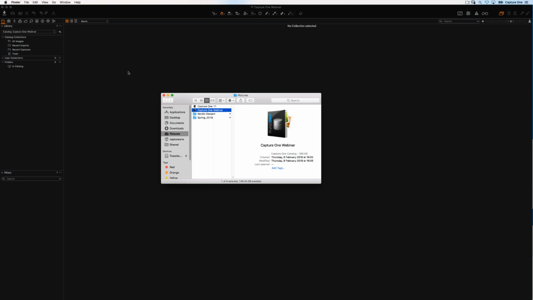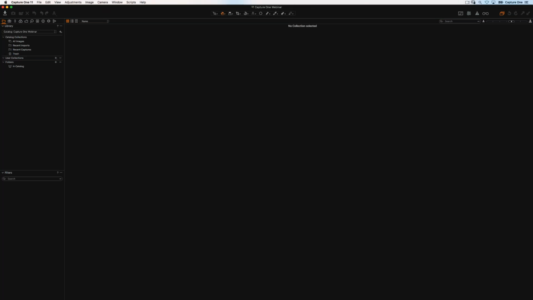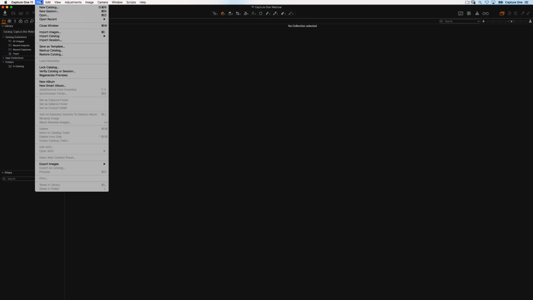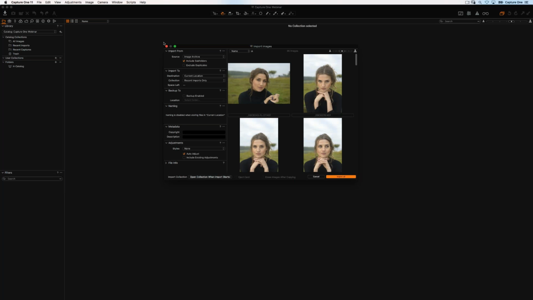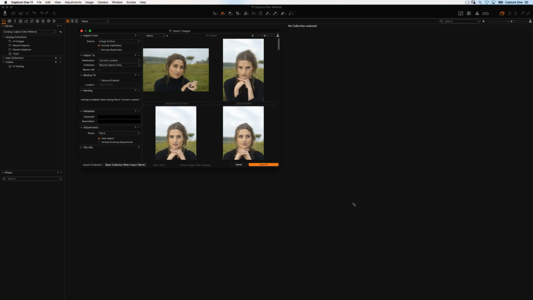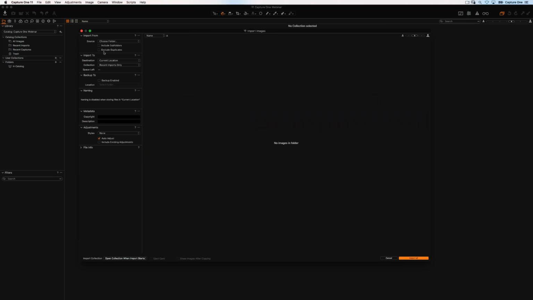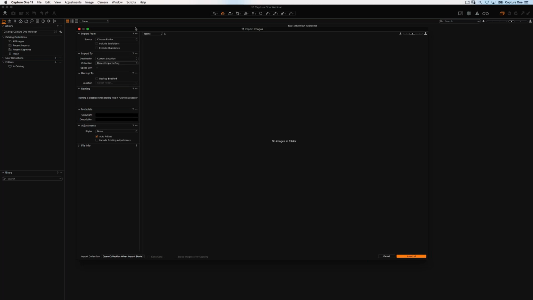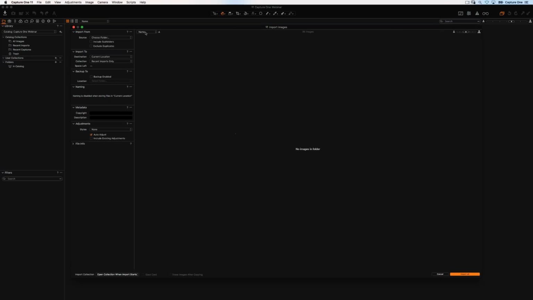Okay, so we've got our catalog. We need to get some images in it. So we are going to say file, import images, or Command I as a useful shortcut. And what's going to pop up is the import images dialog. I'm going to just reset this tool so you know how it's going to look if you open this for the first time. Now the import images dialog, I'll just make it as big as possible,